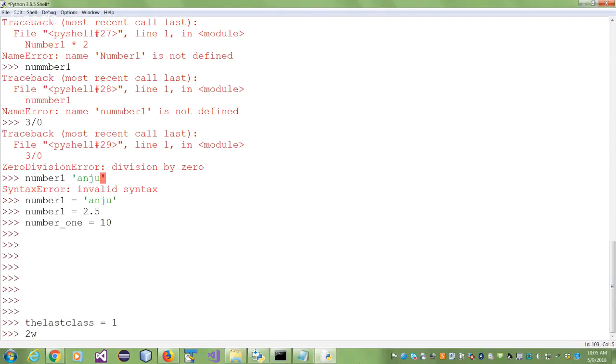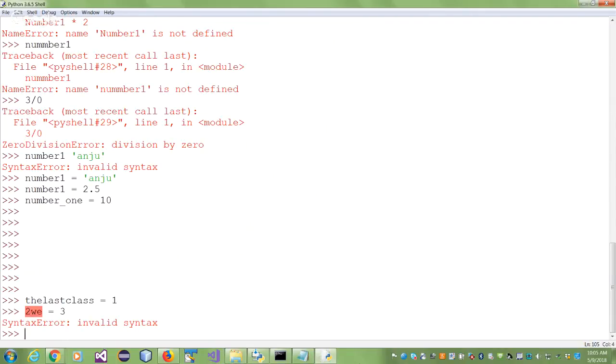Now, can I name something like this? Names cannot start with a digit. So the rules are letters, digits, but cannot start with a digit, and underscore. Can you remember those simple rules to name a variable? These are called variables. You can think of variables as boxes. And it is loosely typed. And it is case sensitive. All this information keep in your head. So now we know what a variable is, right?